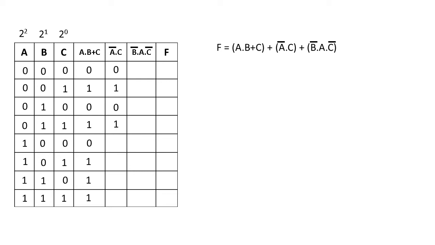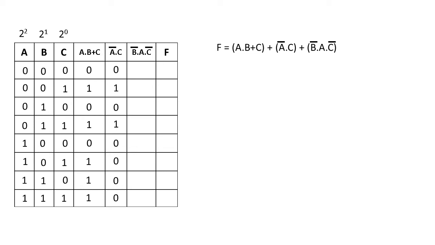So now a is 1, that means the complement of 1, that will be 0. So 0 into 0, 0. Here will be 0 into 1, 0. Again 1, that means 0. 0 into 0, 0. And here 0 into 1, that will be 0. So here in this column,